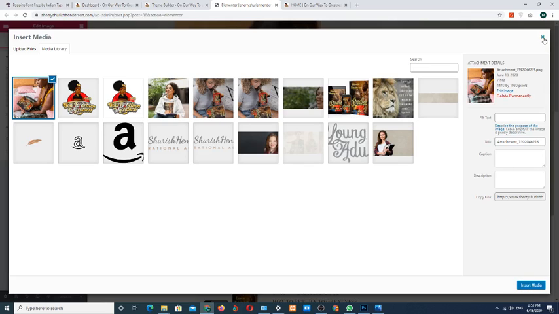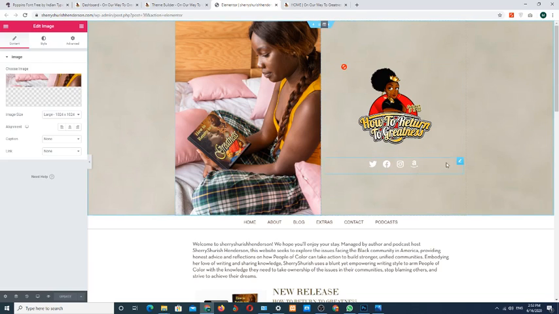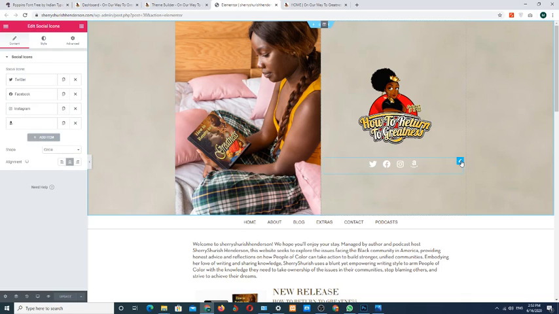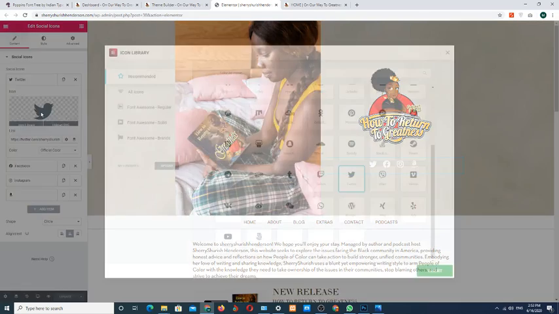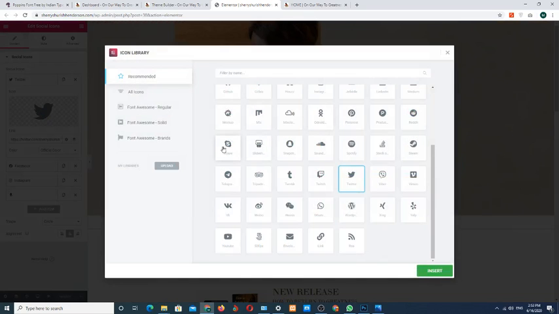Okay, that's it. And if you want to change the social media links, click on this pencil icon. Okay, and simply click on Twitter, and if you want to change the icon simply select whatever icon you want to add and click on insert.